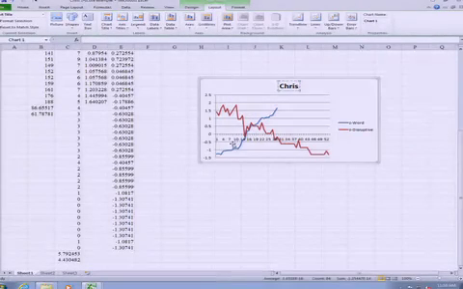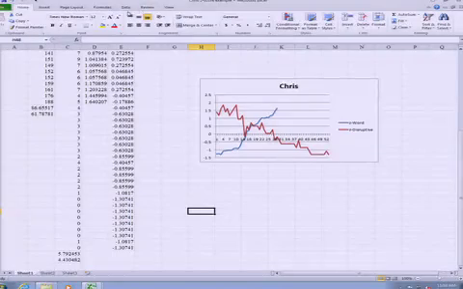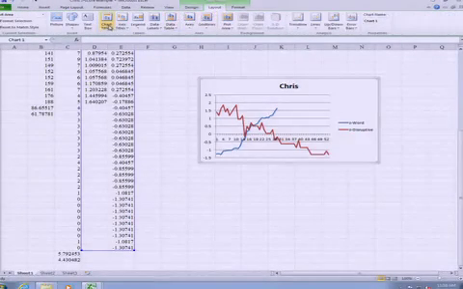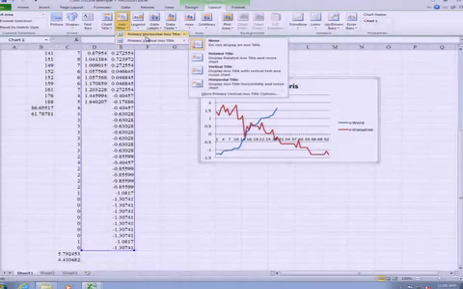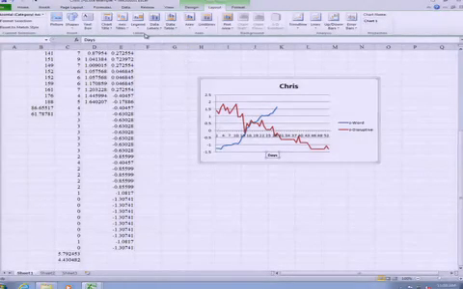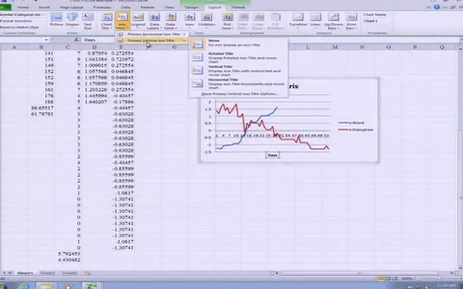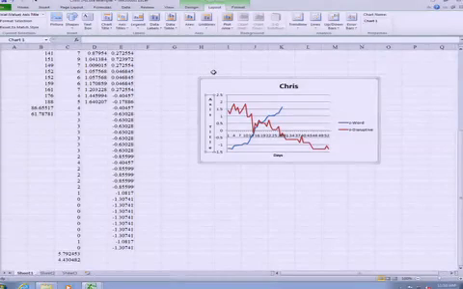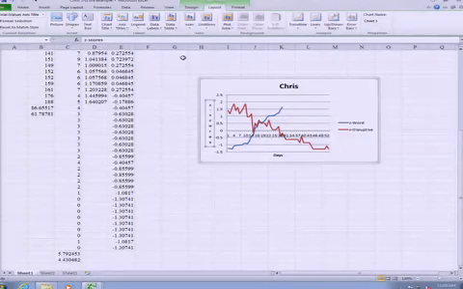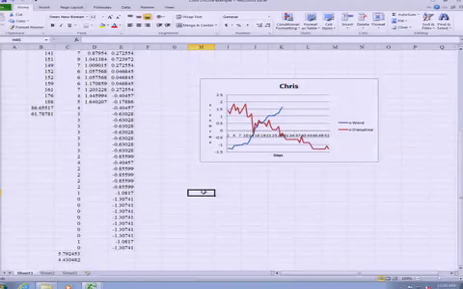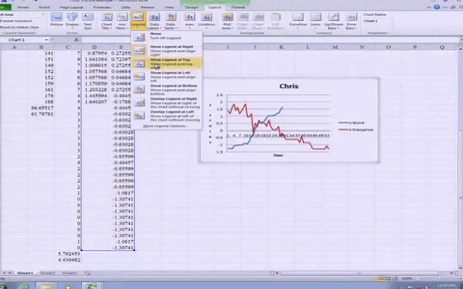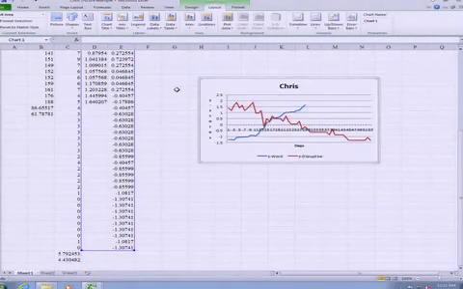The next thing that we need to do is label the axes. These would be days. The vertical axis would be z-scores. And I guess the most useful thing to do would be to move the label to the bottom. We've done that. Now, this is an awful chart